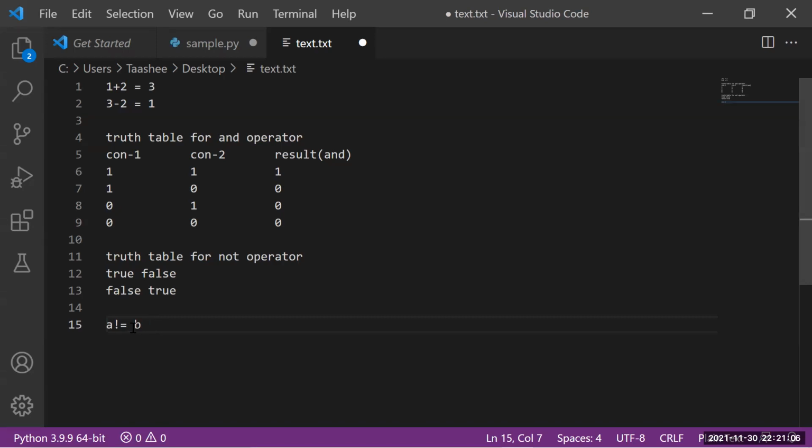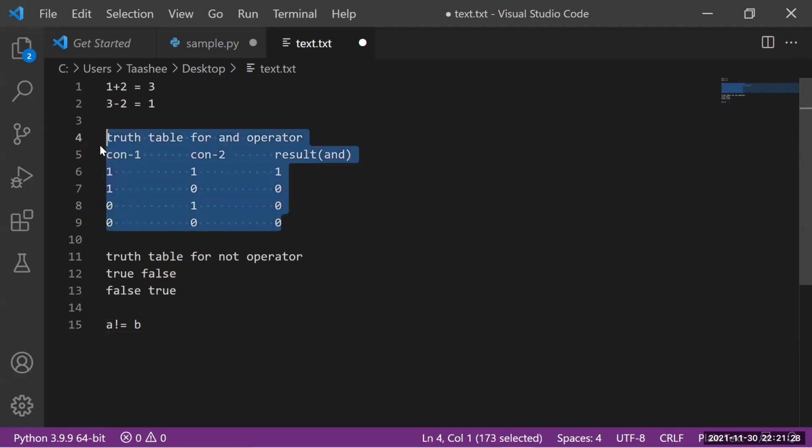And I think 1 plus 0 will be 1, no, sir. No. In AND, all of them must be 1; if those two conditions are true, only then the value is going to be true. In OR it is like this.